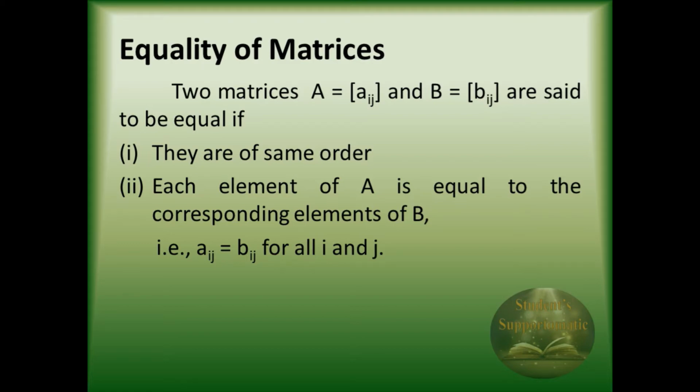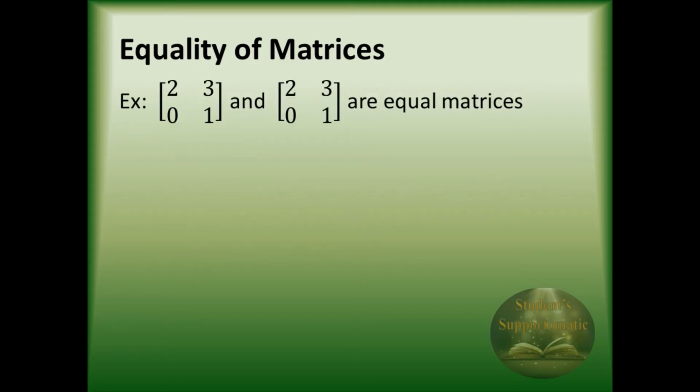Okay, let's see the examples, then we will clearly understand this. Here are two matrices. These two matrices are equal because in position 1 1 the element 2 is the same as in the second matrix in position 1 1. The first row has positions 1 1 and 1 2, and the second row has positions 2 1 and 2 2. This is a 2 cross 2 matrix. First condition, the order of one matrix is equal to the order of the second matrix. These two matrices are 2 cross 2 matrices, so they are equal in order. Next condition, the corresponding elements must be equal.